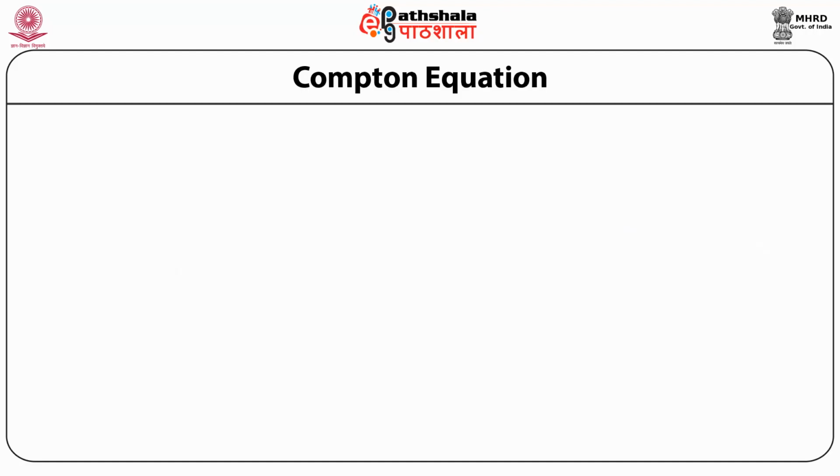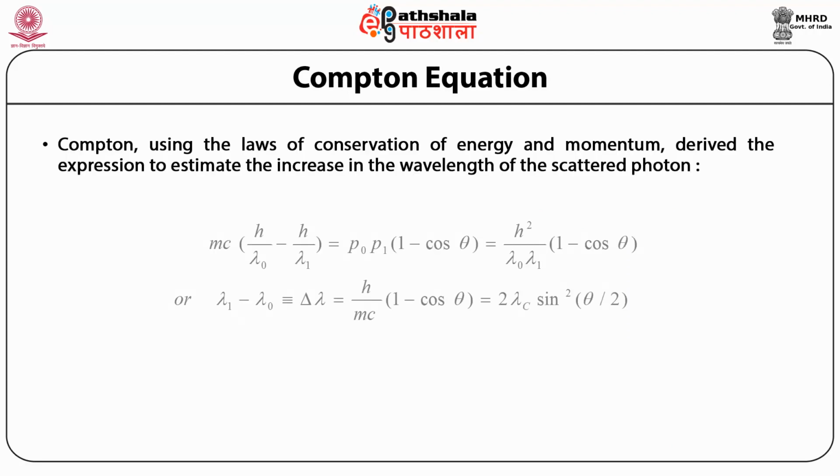On simplifying these equations, we get mc into (h by lambda 0 minus h by lambda 1) equals p0 p1 into (1 minus cos theta) equals h square divided by lambda 0 lambda 1 into (1 minus cos theta), or lambda 1 minus lambda 0, equal to delta lambda, equals h by mc into (1 minus